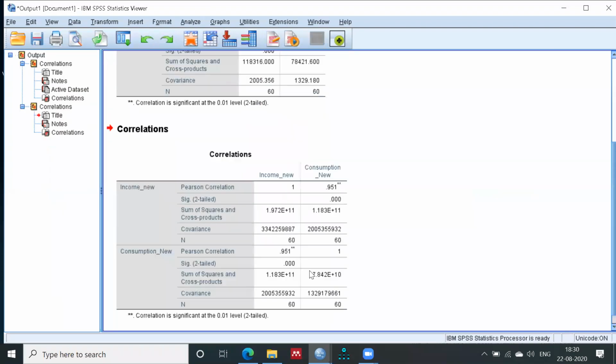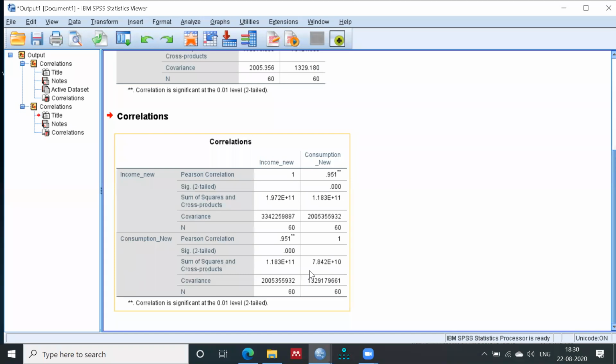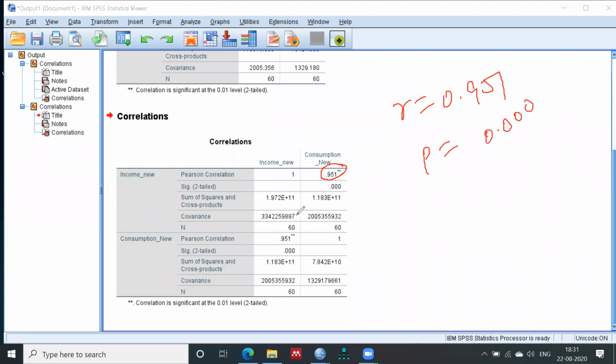Okay. Now you can see in this analysis what you can interpret. The value of correlation is still 0.951. The p value is also significant, 0.000, but the value of covariance, you can see this is your covariance value.